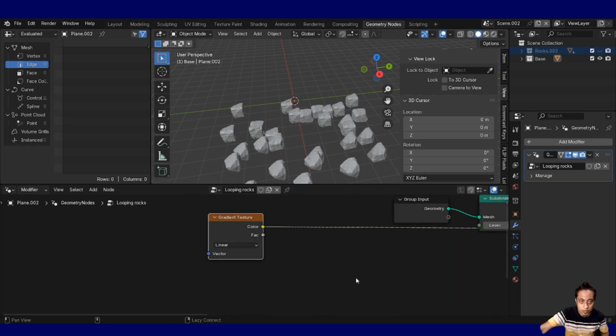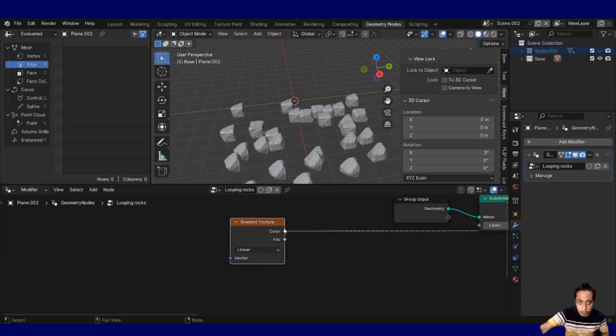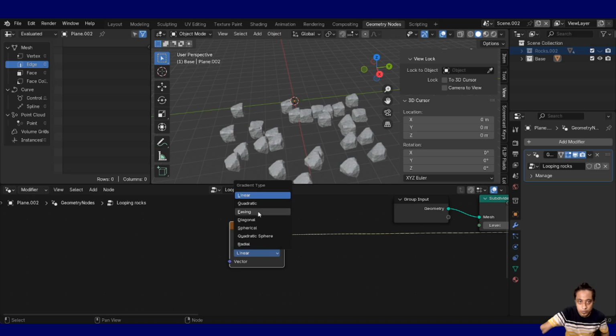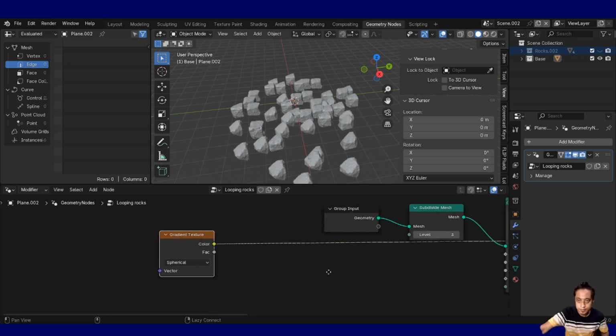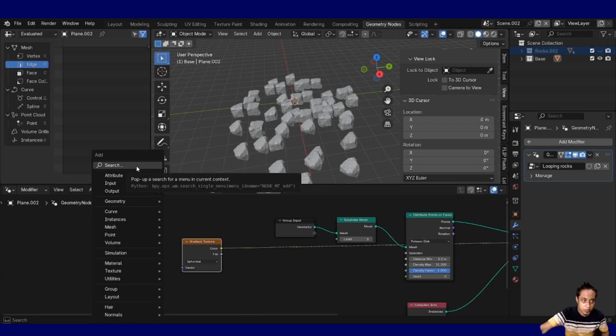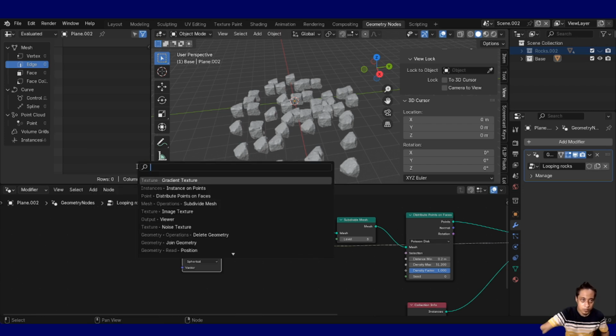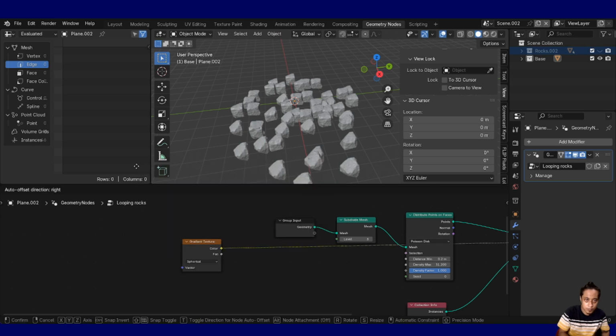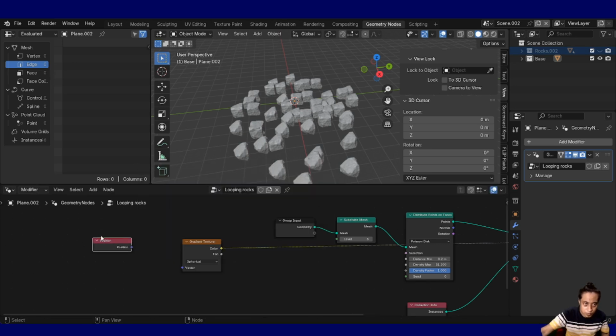Now currently the gradient texture is in the linear format, so we need to change it from linear to spherical. Now you see nothing much changes, but you would be able to see the changes once you take the position and put it over here,